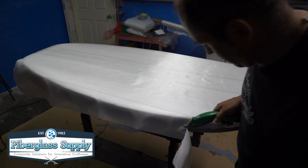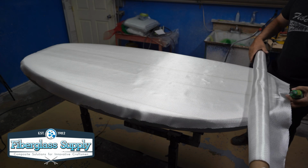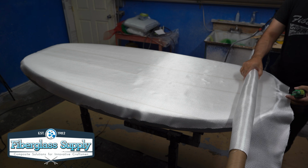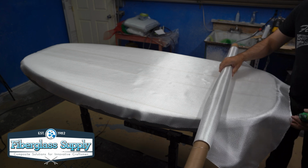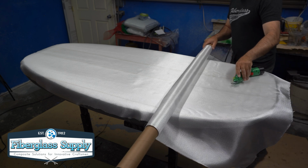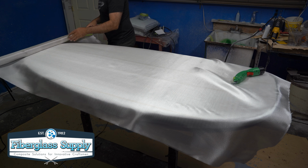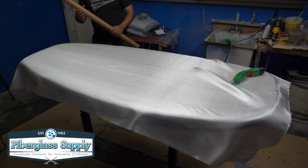And now we're putting on the deck glass. On the deck, we're going to go with 2 layers of 6-ounce S glass. And same thing, we've actually taped off the bottom. I didn't show that, but we taped off the bottom because we're going to do a cut lap there as well. And doing that bottom cut lap can give you a really nice transition